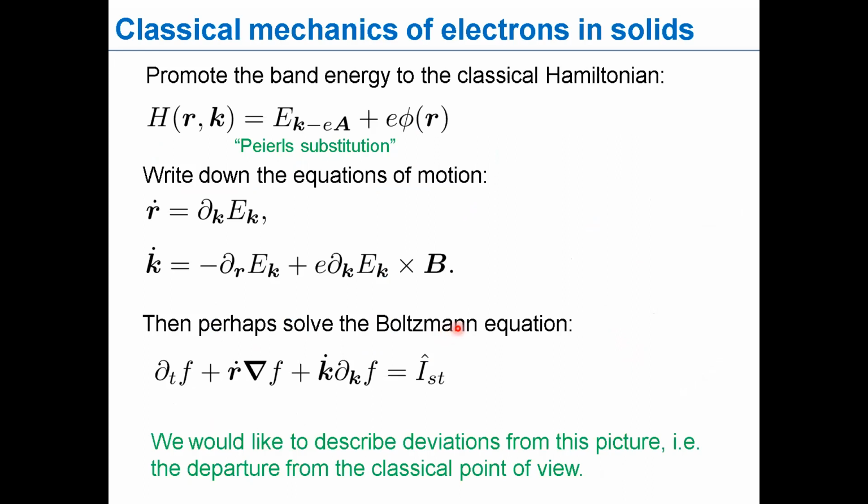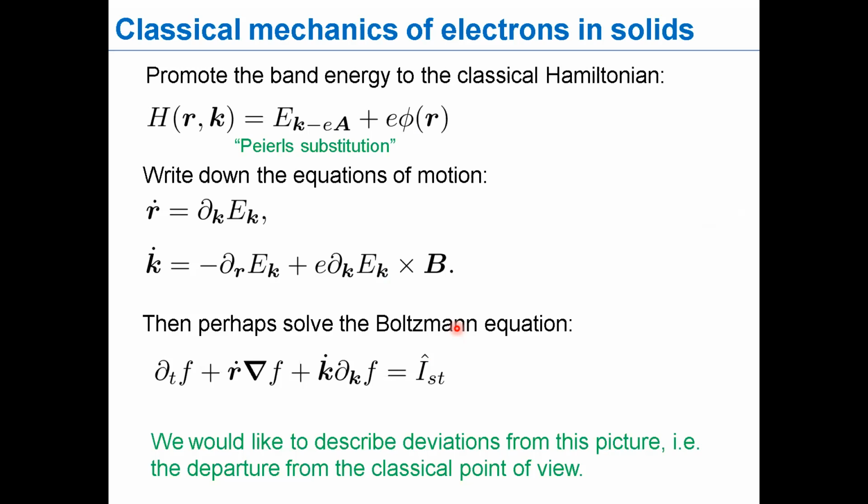Okay, so the title of the talk has quantum mechanics in it. So what do I mean by quantum mechanics and classical mechanics in this case? Of course, the solution of the problem that I described, obtaining the band structure of the crystal, is very much quantum mechanical. The lattice potential varies very strongly on a very short space scale. So the solution of the Schrödinger equation is quantum mechanical. However,